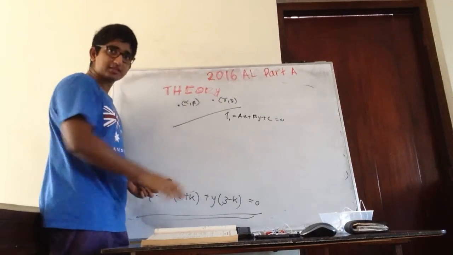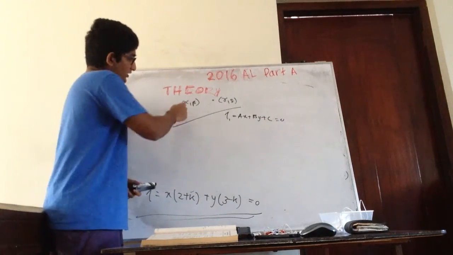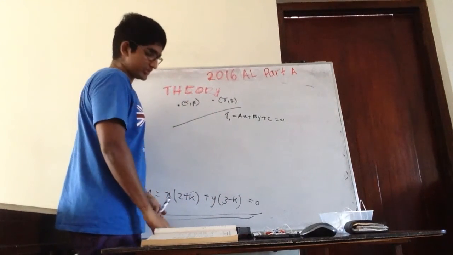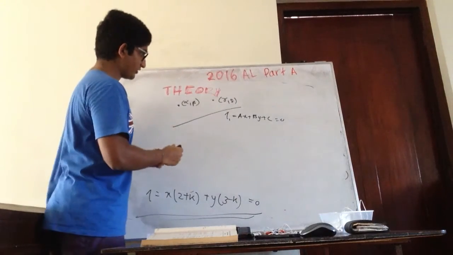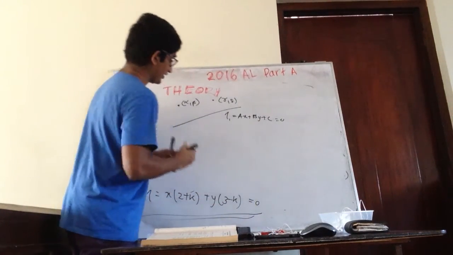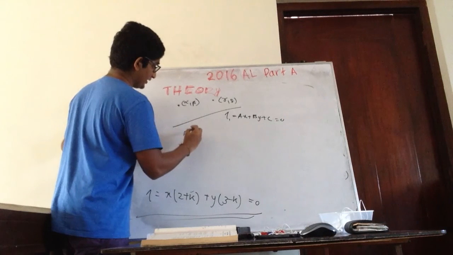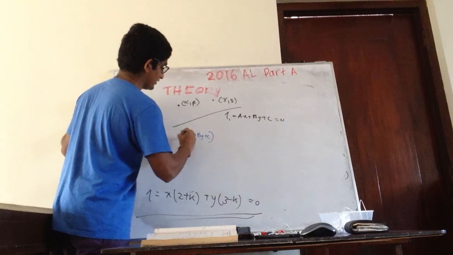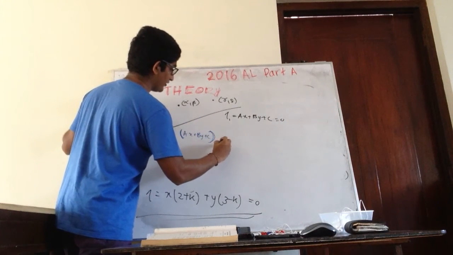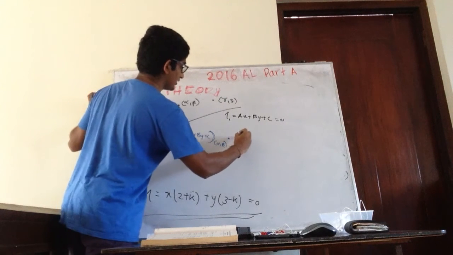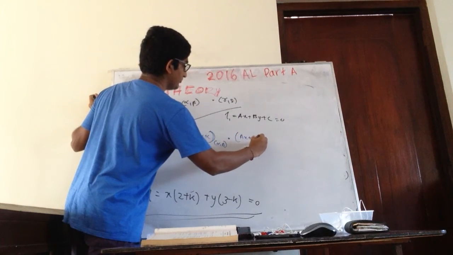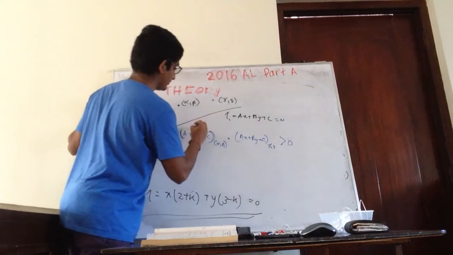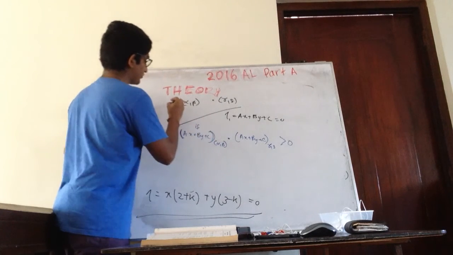If these are on the same side, if you substitute these into x and y and get the multiplication, this will always be positive. So what I mean here is, if I put ax plus by plus c for alpha, beta, times ax plus by plus c for gamma, delta, this will be positive